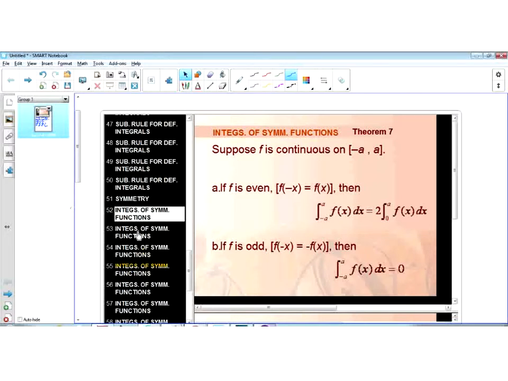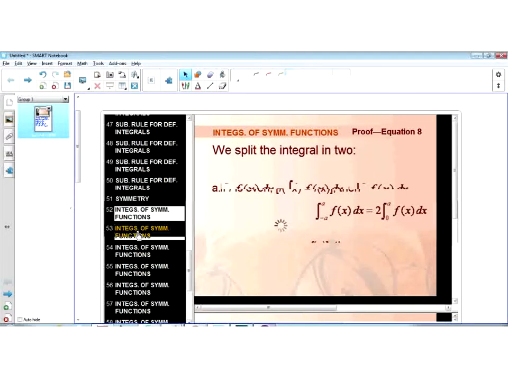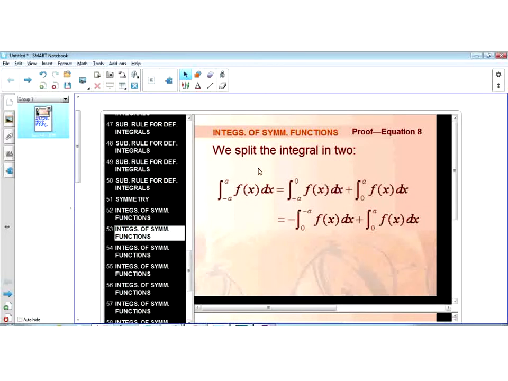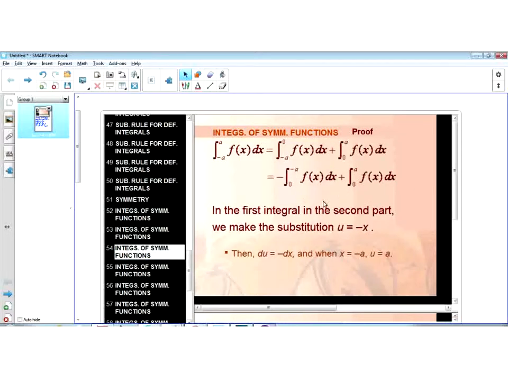We like to see a lot of those. Okay, it involves no computation. So here's the reason. We can split the integral in 2 pieces at 0, and then you can format it this way if you wish. So here we go. If, for instance, this f of x were an even function,